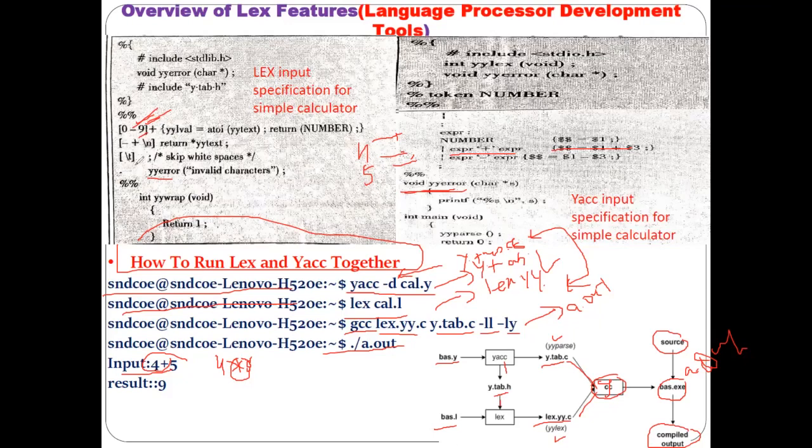Understood? So for each and everything that you want to check using the compiler, for each and everything related to any language, you have to write that kind of rules when the design of the compiler is taking place. And here we are trying to understand, with the help of the Lex and Yacc tools, how we can generate such phases of a compiler. Understood? Related to these practicals, I have already uploaded, and I will upload the remaining also. In that you can easily understand.